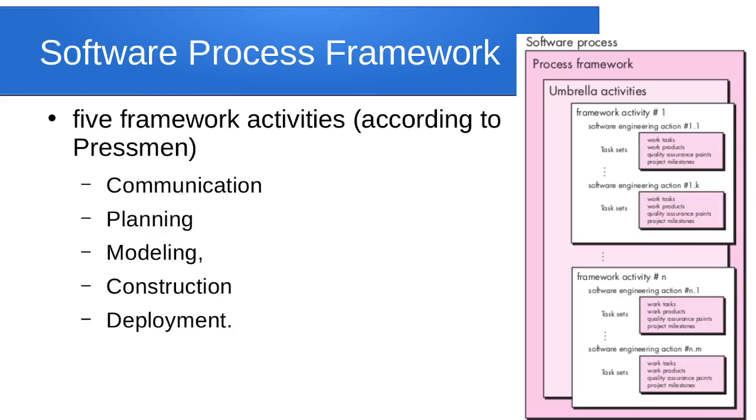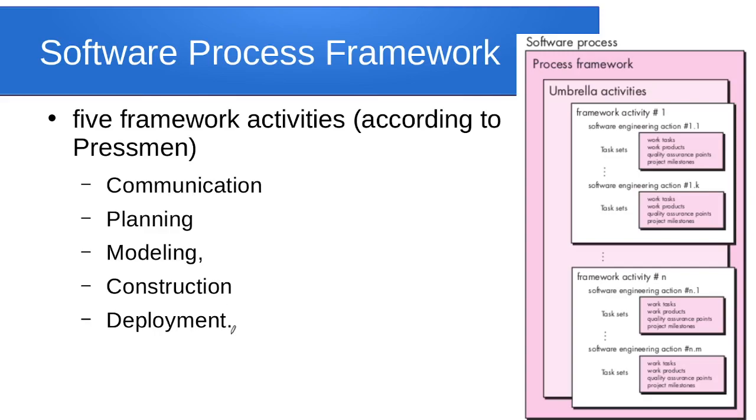Now there are certain framework activities. Here we are saying framework activity 1, after that framework activity 2, and then framework activity n. Basically, according to the book by Pressman, we get these 5